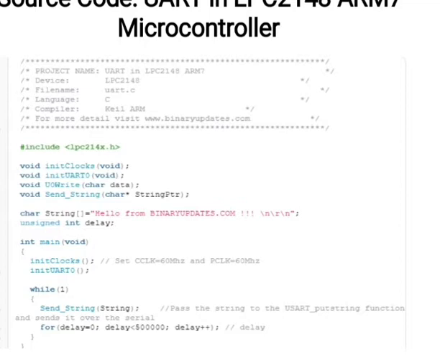Next is U0LCR. So 8 bits, no parity bit, one stop bit, and DLAB is set to 1. Next is U0DLL, U0DLM. Next U0FDR. So here MULVAL is 15 bits, that is bits 4 to 7.